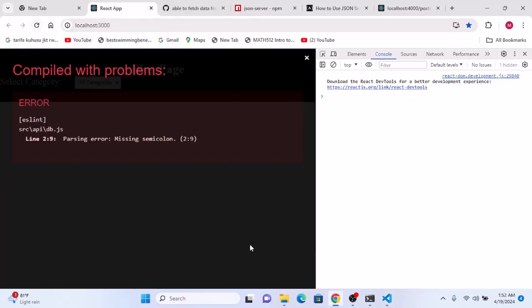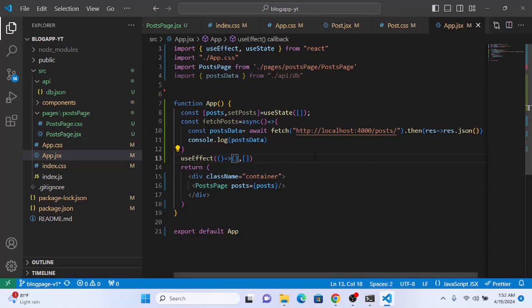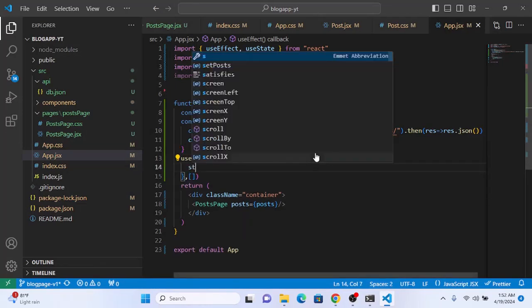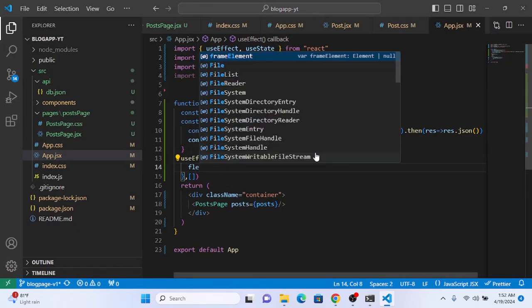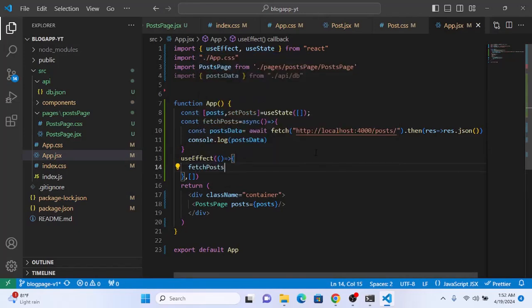So for now we get nothing, but if we call our function here, fetchPost, at this time, like that,